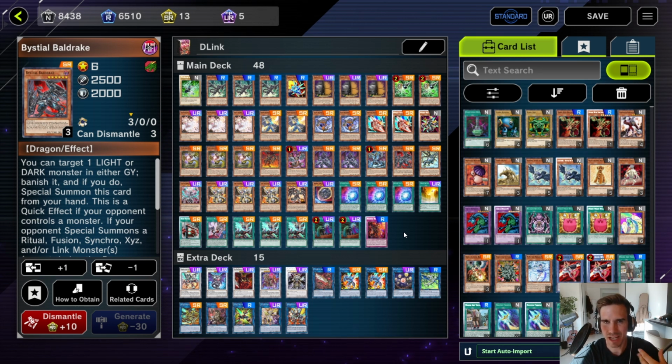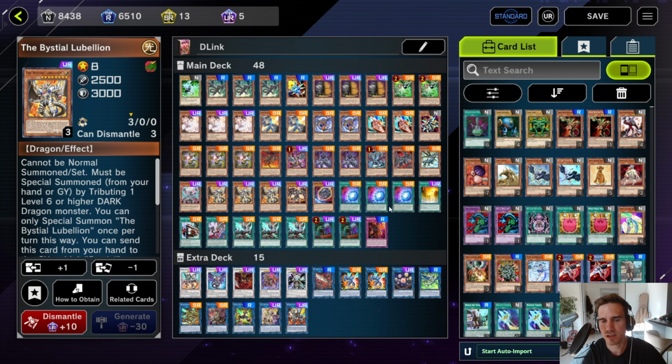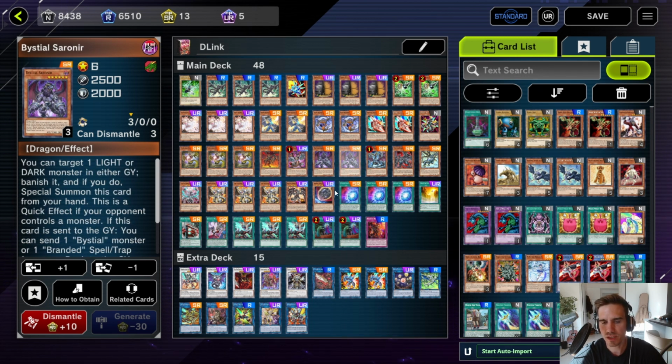This didn't really help their engine, but obviously, for example, Magnamood being able to search another dragon, or this one being able to send these cards and then have your Bestial Lobelion online and get more dragons to the field and get the Bestials back that you can then use for your other Link plays. Everything works well together between those two engines, and I think this deck is very consistent, can build awesome going first boards, can break going second boards quite effectively, but I think all in all it's a bit weaker than the deck